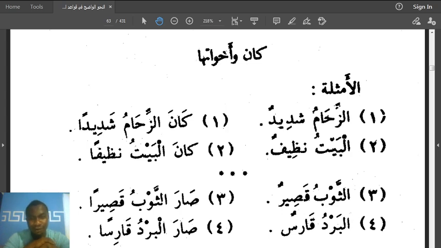Welcome to us all to this session in which we are going to do Arabic grammar. We are going to see a new topic, and I hope we are in good shape of health and mind such that we can follow the lesson keenly and religiously. And I pray the previous lessons are well understood. As I've been saying,